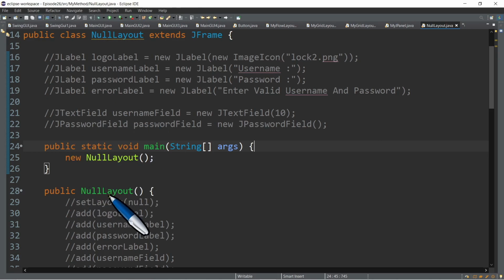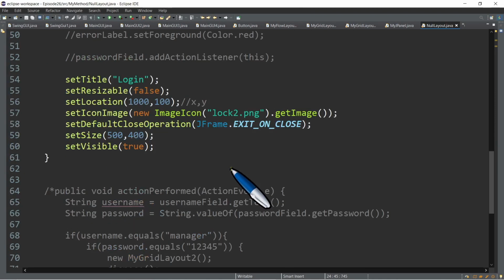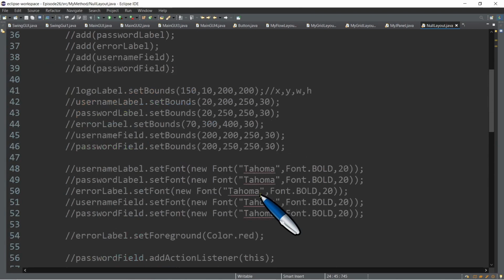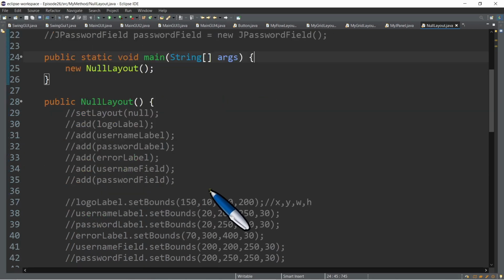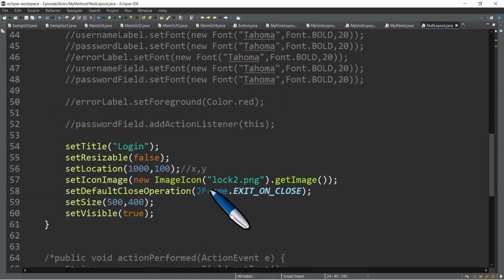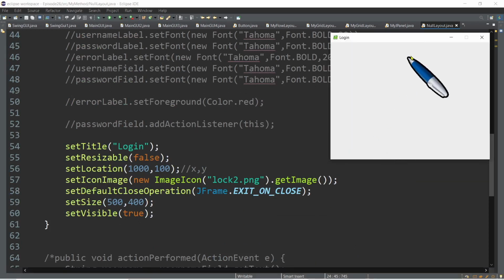which in this case is NullLayout because that's the name of our class. And then inside of my constructor method are methods of a JFrame. That's the main reason why I always extend a JFrame to make it a superclass, so that we can directly use the methods of a JFrame, just to have a title in our frame, for example. So once we run that, we can just see